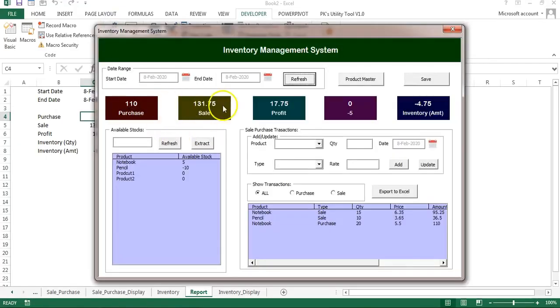You can see the numbers are available here. You can format the number if required as per your requirement. You can use the Format function also. So friends, that's how you can create this, and you can click on the save button to save this. So we have completed all the parts.